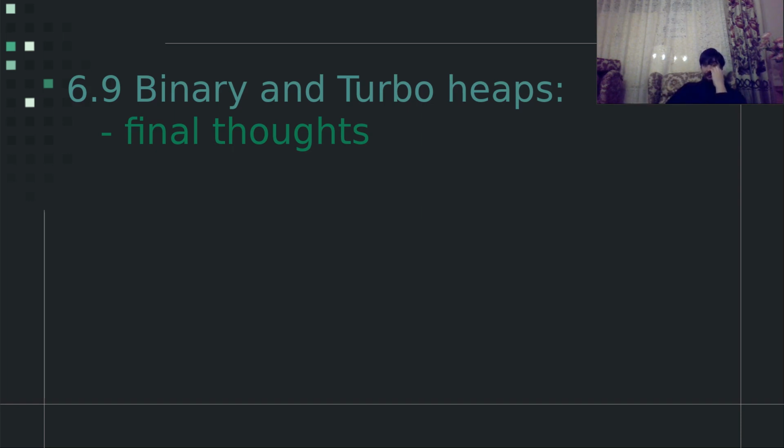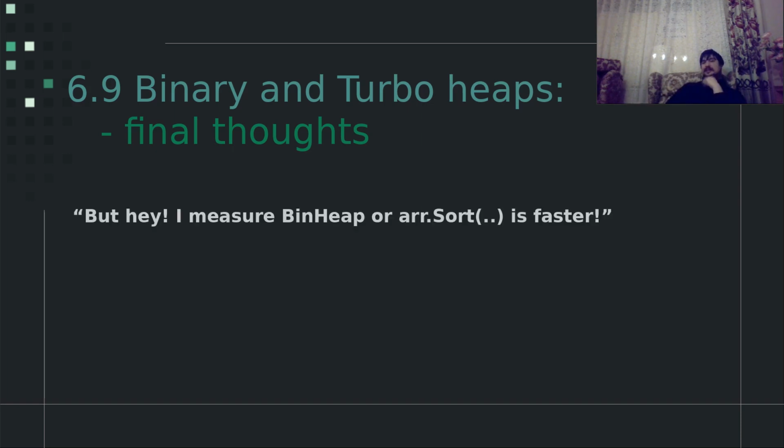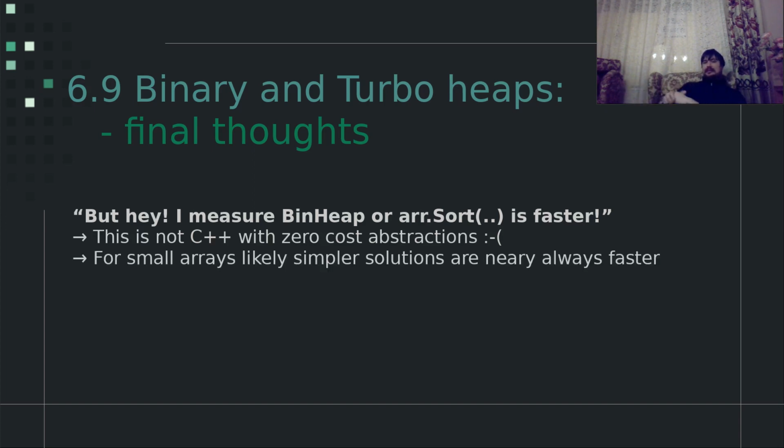So, binary and turbo heaps, final thoughts. You can say, hey, but a binary heap or just array.sort is faster. What's the point? Okay, this is not C++ with zero cost abstractions, I am aware of that. And for small arrays, usually simple solutions are nearly always faster, but it's actually not always the case here, because if the data is very much spread around, you only have a few data, like maybe 3, and they are so spread,